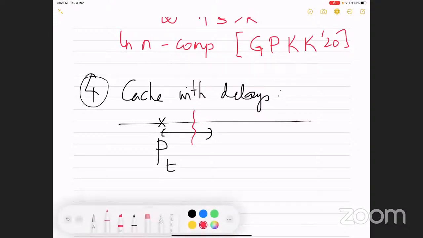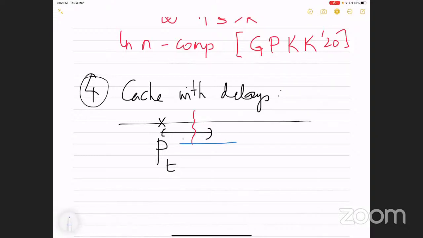And why does it help, or why is this problem interesting? Because suppose there is another request for the same page, then you can satisfy both of these requests by just bringing it once into the cache. And again, you can ask the question: suppose I give you a cache of size k, what can you say about this problem? Again with Anupam, Amalya Panigrahi, and myself, I think this was 2020, we gave a logarithmic competitive algorithm for this.